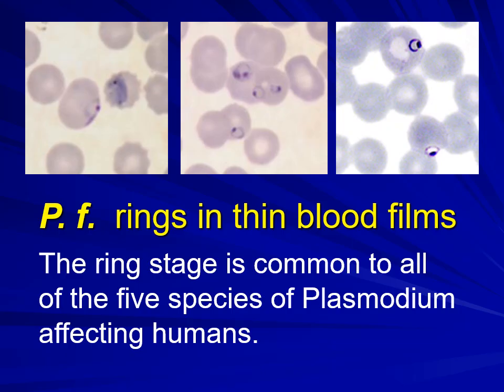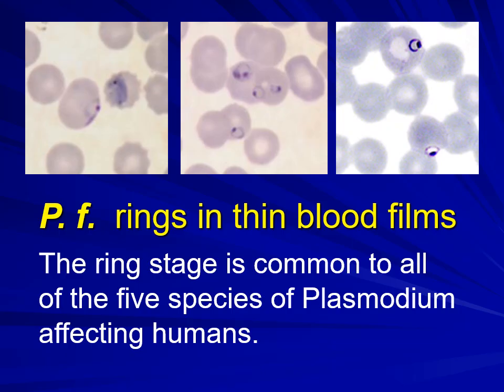If you get a patient coming from Africa or from an endemic tropical area like South America or Southeast Asia, and they have fever, then malaria will be in the differential diagnosis. You take a blood smear and you may see those rings. We call them rings. As the Plasmodium parasite invades the red blood cells, it transforms into rings within the first few hours after invasion of the RBCs. So the ring stage is common to all of the Plasmodium species.